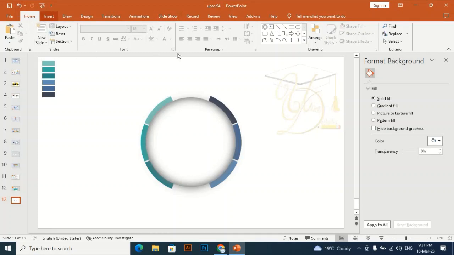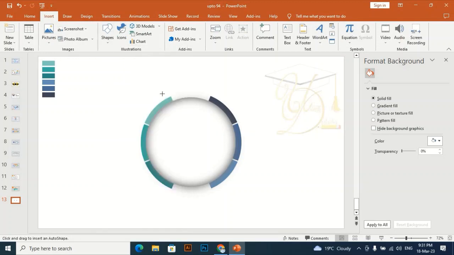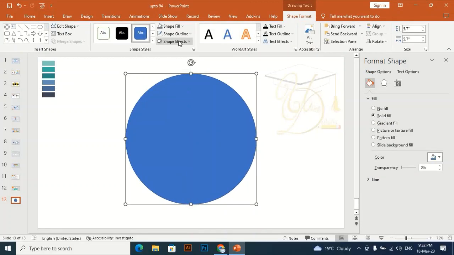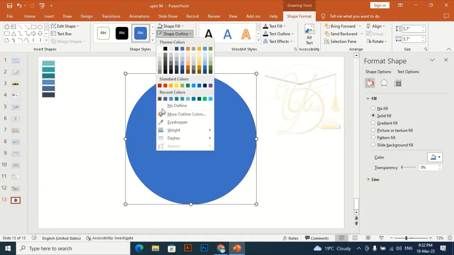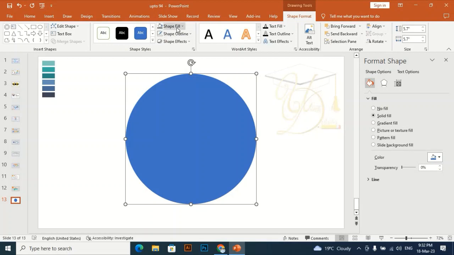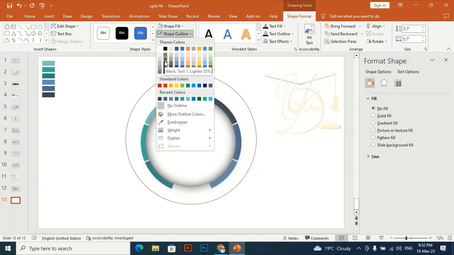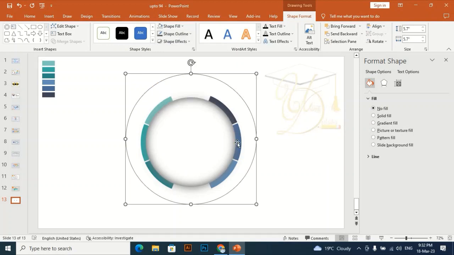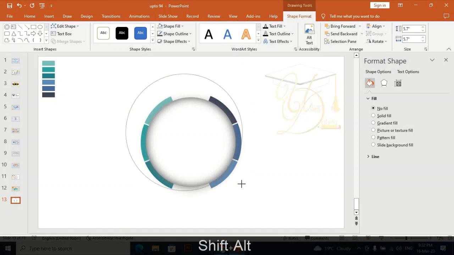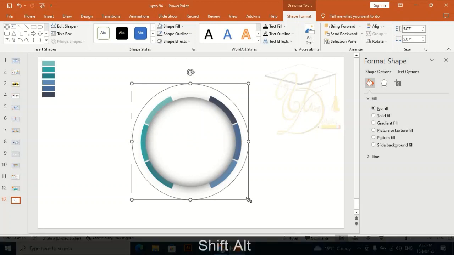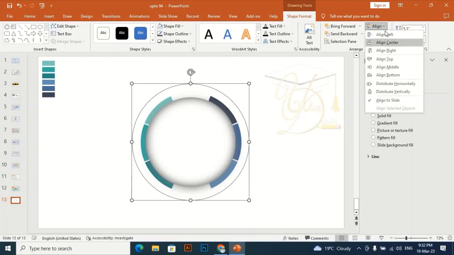Again go to insert and take another oval shape and drag another oval shape a little bit bigger in size, and let me make it shape fill, no fill, shape outline, give it some dark gray color. And let me make it a little bit smaller in size, and okay, align center and align middle,